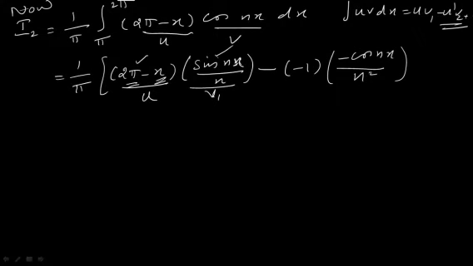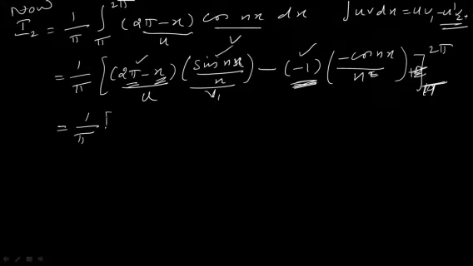So already you have one more n in the denominator, so you have n squared in the denominator. So that's all, with limits pi to 2 pi. We may not proceed further because if you put plus in the next term, differentiating this becomes 0. So let me stop up to this. Whenever you get a constant on differentiating, we have to stop there. Okay, so that is equal to 1 by pi. Let me simplify these terms and then next we substitute the limits.